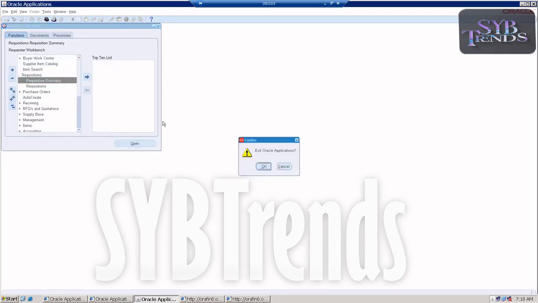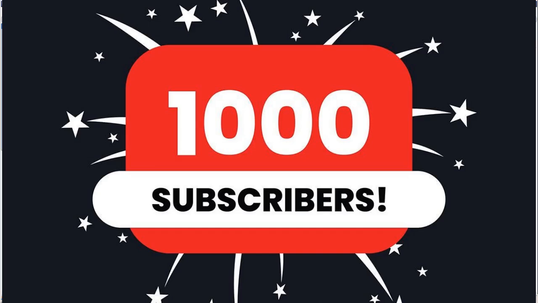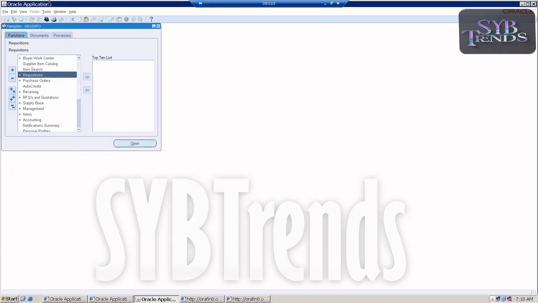So after processing the requisitions, now we have to go ahead with our procurement process, but we still have not started with procurement. That process I'll show you later. But we'll discuss other planning methods. One is min-max planning, and that too we have planned at organization level. But I wanted to plan the material at sub-inventory level. Then how do you plan the items at sub-inventory level? Meaning one inventory organization may have 1 or more sub-inventories. For example, if you wanted to plan the material at sub-inventory level,